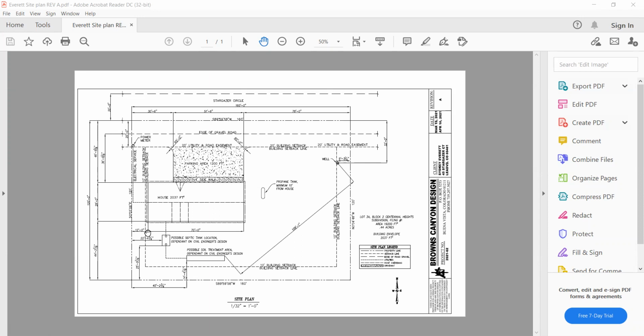Okay, so hopefully that gave you a little bit of idea. There's a lot on this site plan. This is a propane tank right here. The distance from the well to the septic tank has to be a minimum of 100 feet. This indicates 106 feet 1 inch. Okay.